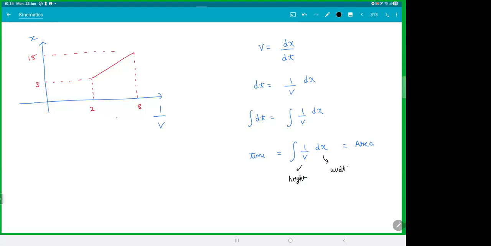If you remember an integration, how we took the rectangles. So the rectangles must be taken like this. So 1 by v must be the height. So they're talking about this one. And dx must be the width. You're getting which rectangle they're talking about? So the area must be taken that way, horizontally. So we are talking about this area,